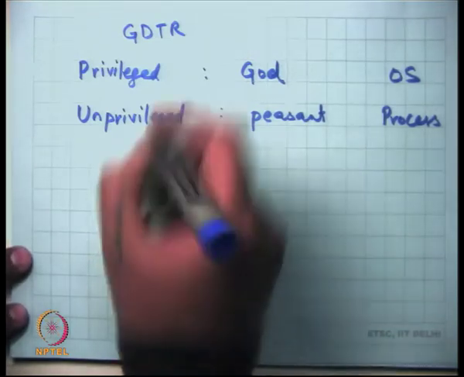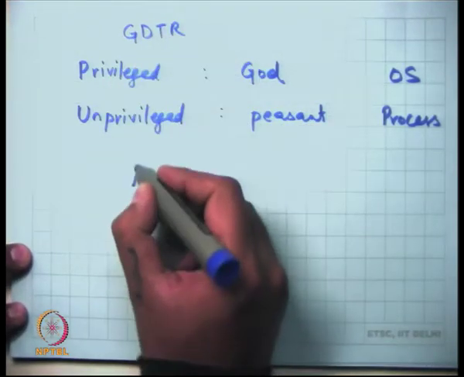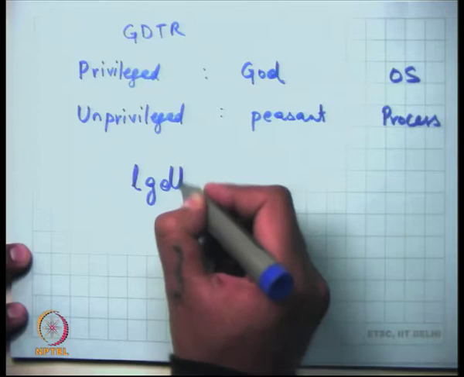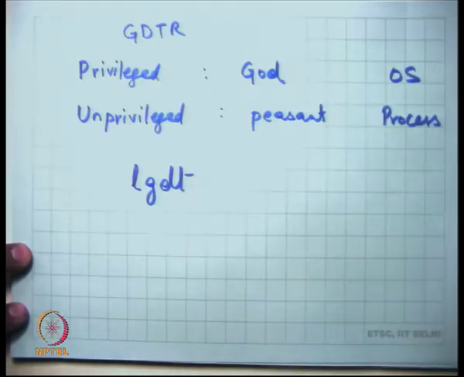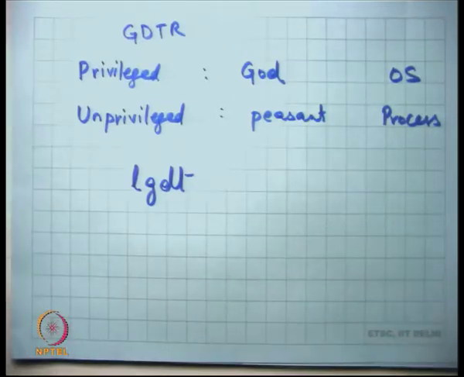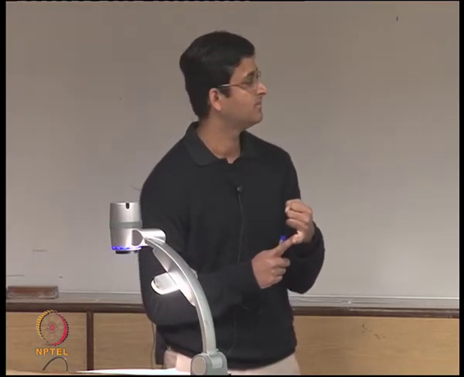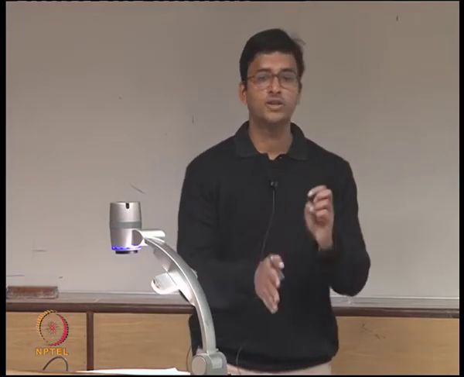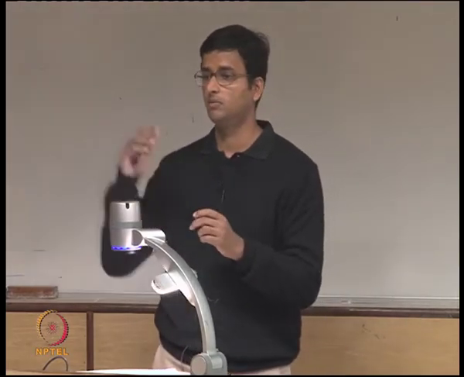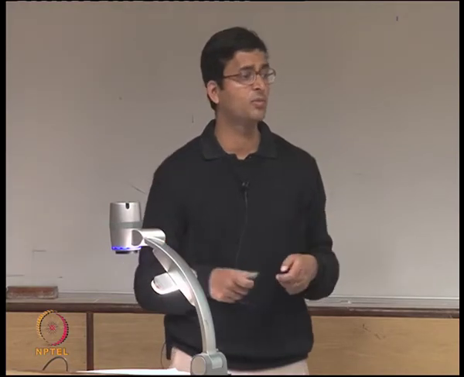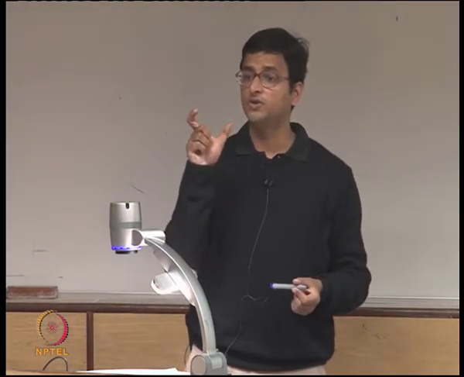And the instruction that sets the GDTR, load GDT, is an example of one such instruction. So the LGDT instruction, which actually loads the GDTR, can only be run in God mode, not in the peasant mode. So as you can imagine, you're going to run the process in the peasant mode, and if the process is running in the peasant mode, even if it executes the LGDT instruction,